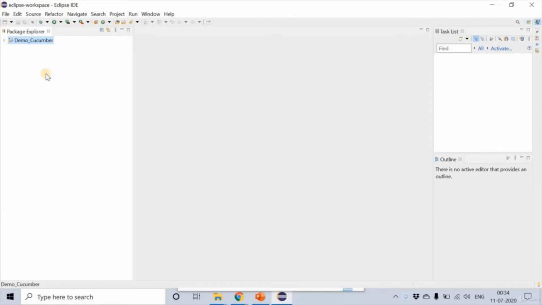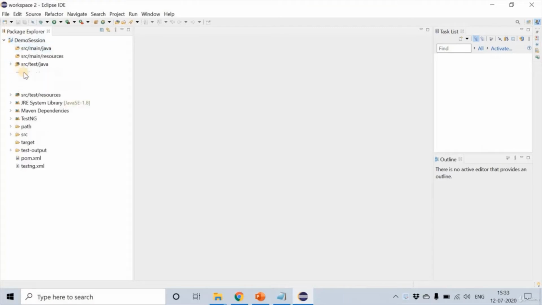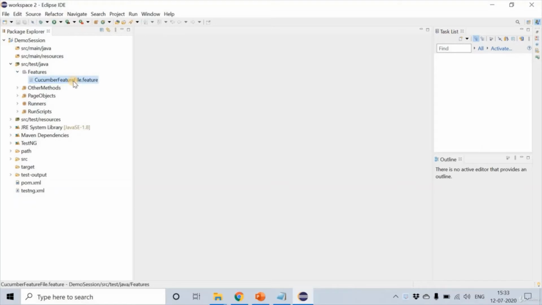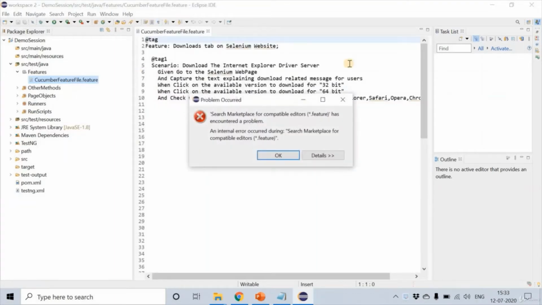Let me just show you an example of how Cucumber plugin enhances the usage of the feature file. In this project, open this package features and you are able to see that there is a Cucumber feature file present over here. In this feature file, you will be able to write all your scenarios.